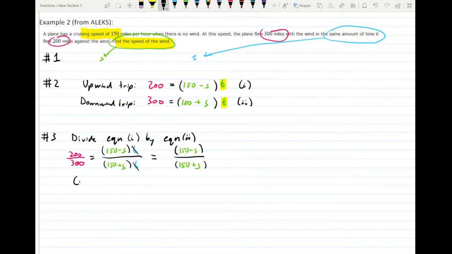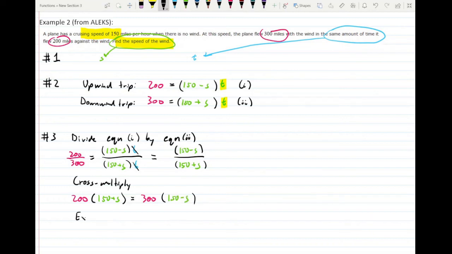At this point, we're going to cross multiply to get 200 times 150 plus s equals 300 times 150 minus s,